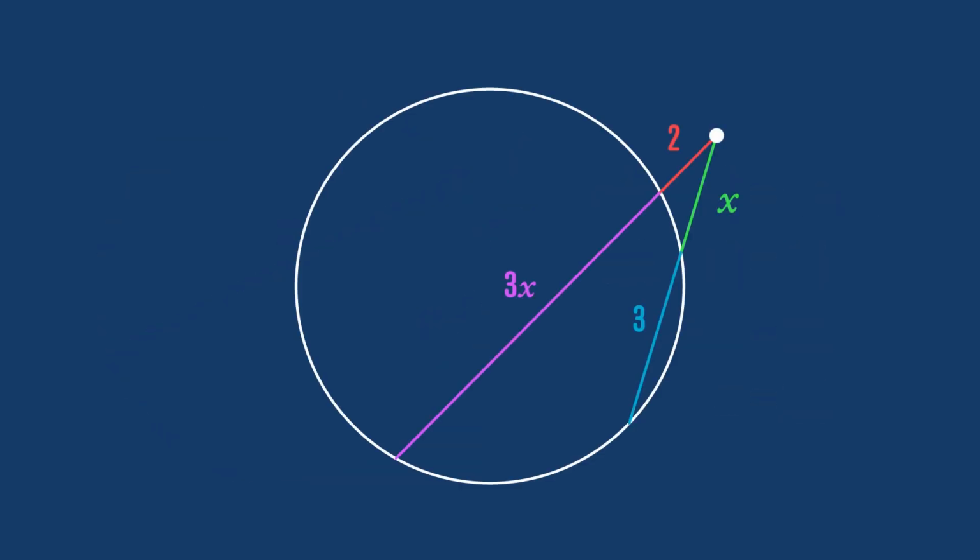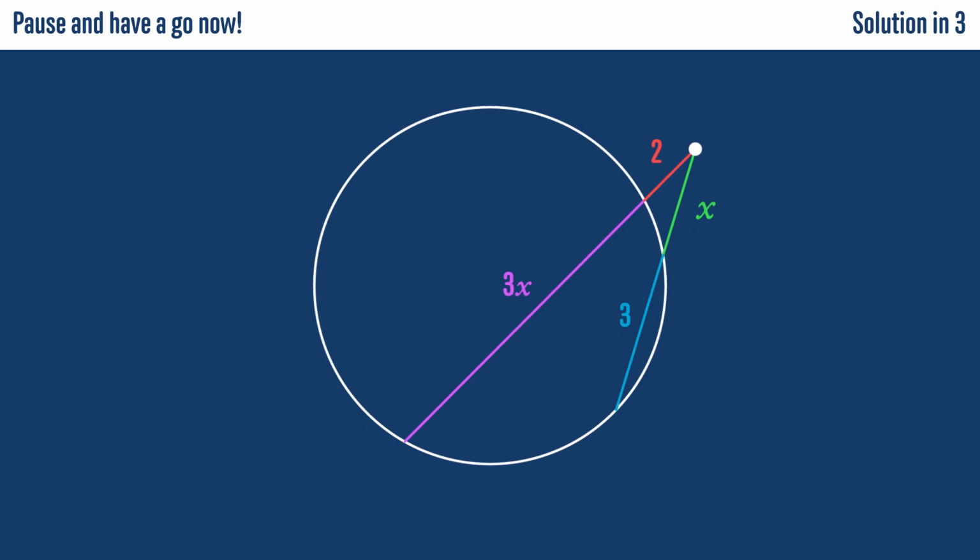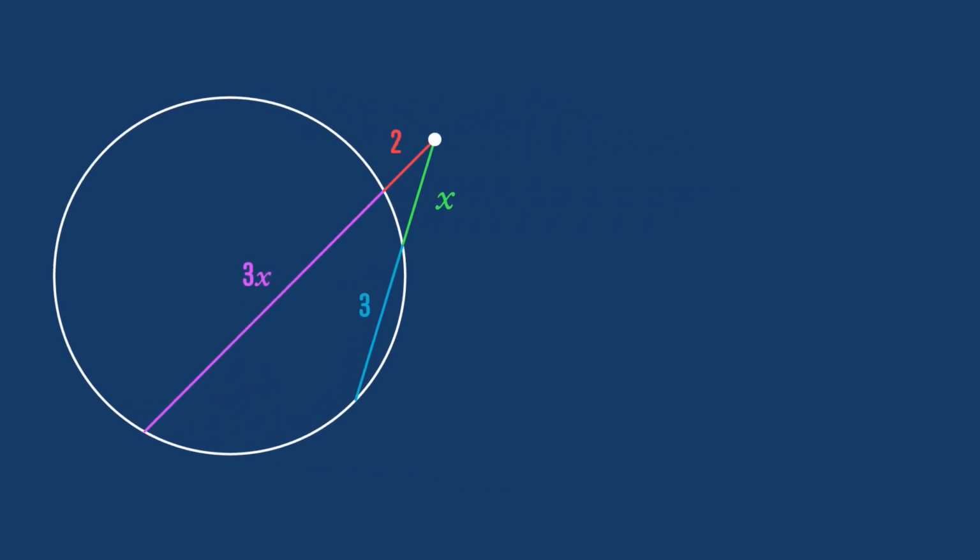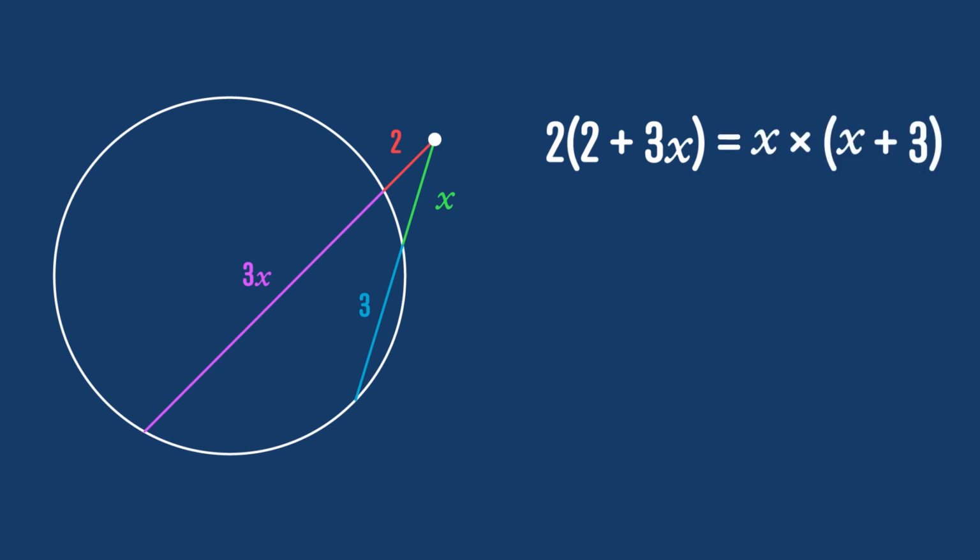Here's a harder example. Suppose we have lengths as given in the diagram, and we want to find the value of x. Pause and have a go now if you want to. The intersecting secants theorem tells us that 2 times (2 plus 3x) equals x times (x plus 3), and so